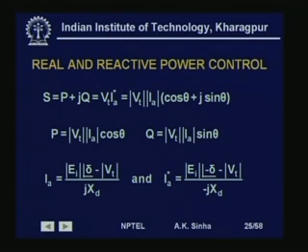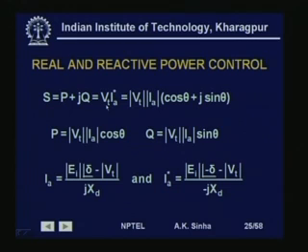Now, synchronous machine, as we know, has excitation control, and therefore, we can control the reactive power also. That is, excitation control can control the generated voltage, and therefore, it can also control the reactive power output of the machine. Now, here we see the complex power S is equal to P plus jQ,